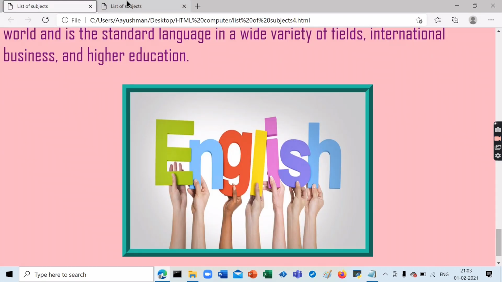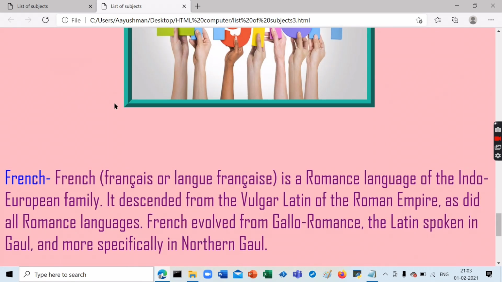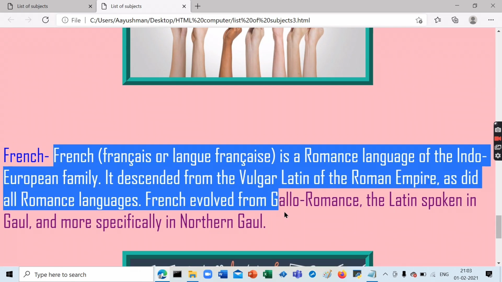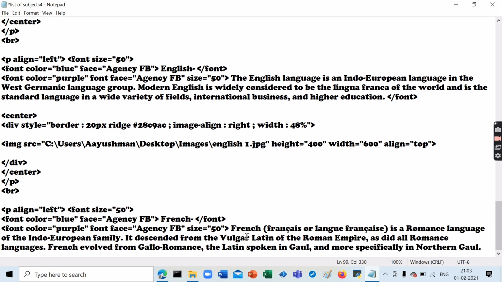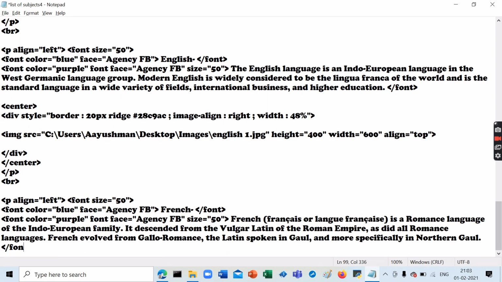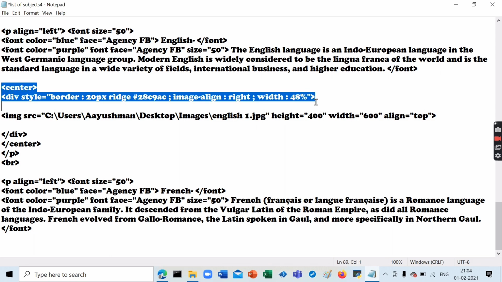Now, for the description, we can choose the description from here. Copy the description, paste it over here, and finally use the font tag again with a forward slash to close the font tag. It is very necessary. Okay, now let's again copy the CSS command,